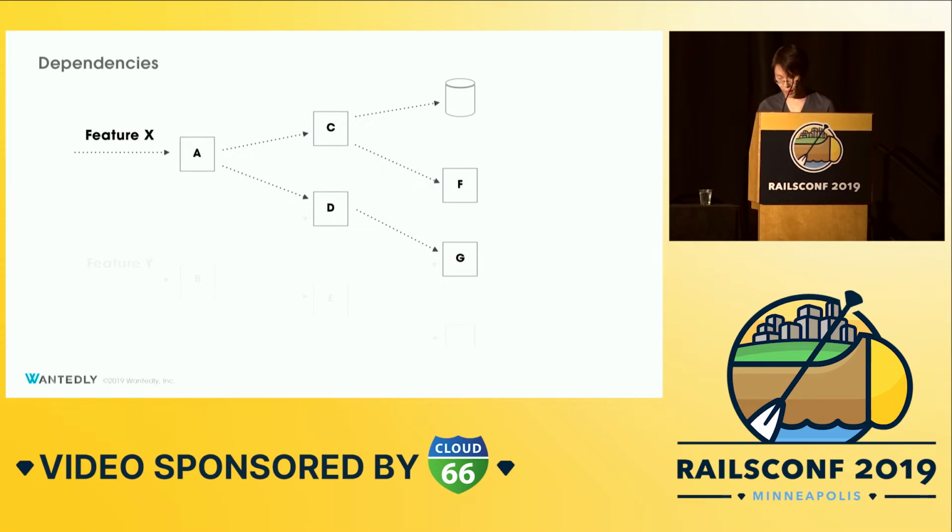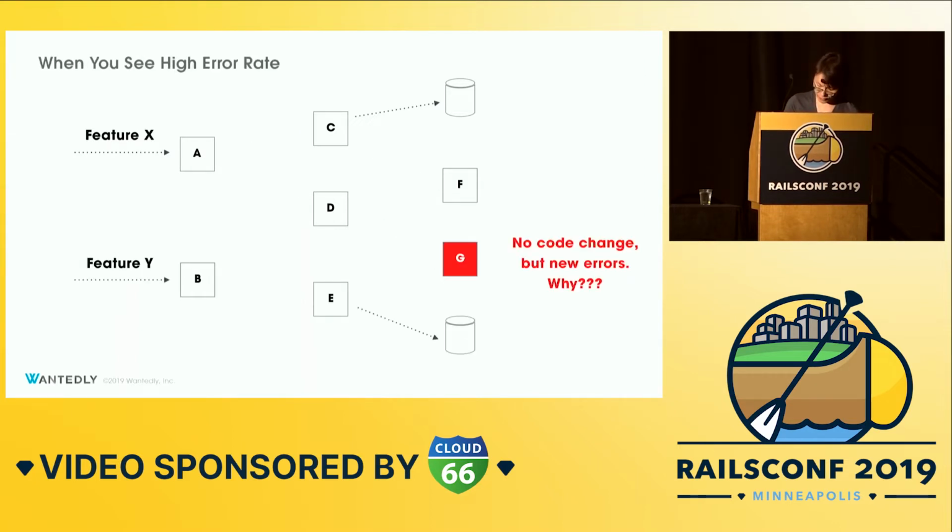For feature X, an app makes an API call to service A, and service A makes a call to C and D, and C runs some query on the database and calls F, and D calls C. Now, let's say in your monitoring tool, you observe service G is unusually raising a lot of errors, something going